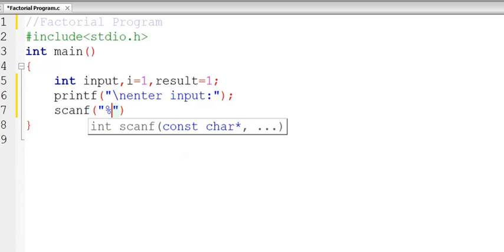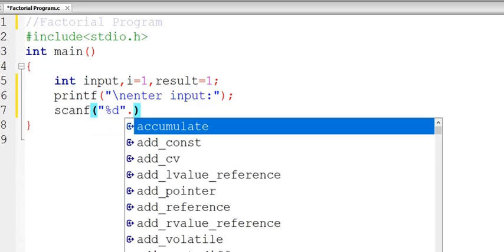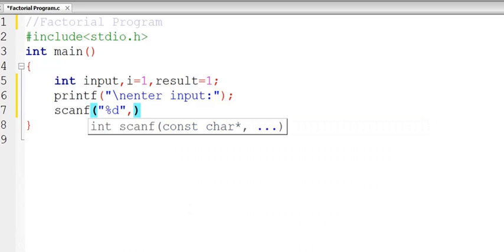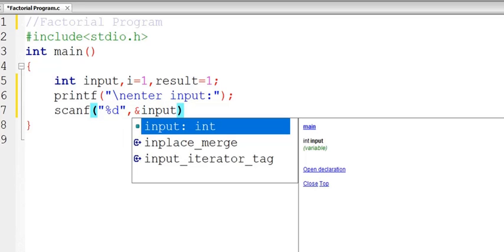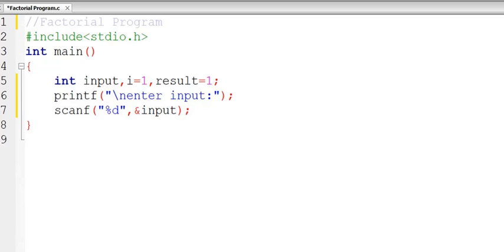To read the input we need scanf input, and here we need a loop. I am taking a while loop, but you can take any loop. Within the loop I have to write the expression. Now what should be the condition for this loop?